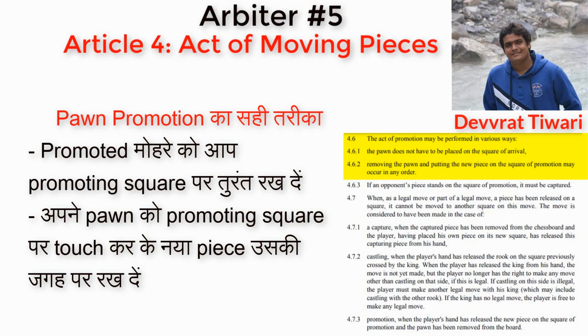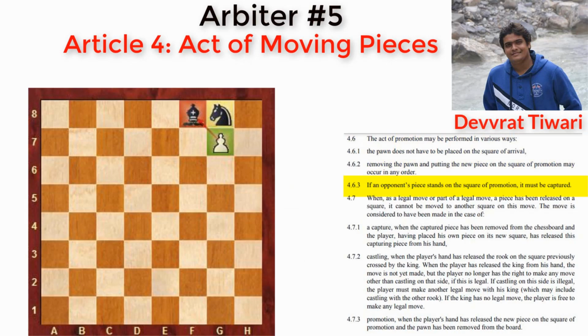These two concepts have been covered in Articles 4.6.1 and 4.6.2, which could attract your examiners while preparing their question paper, because these are areas with a lot of confusion and players tend to make mistakes. So these are promising questions that could be asked. In case you want to promote on a square which involves a capture, you will first capture the piece, put the pawn aside and bring a new piece onto the board, all with only one hand.